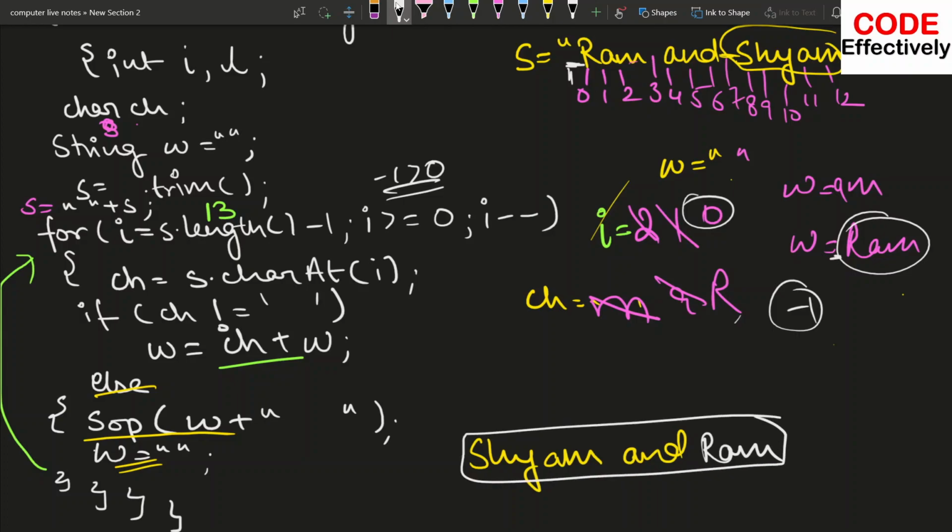So just remember, you need to add one more space at the beginning of the string, so that when we go from right to left, we encounter a space and then display the word we have got. Here we displayed a word when we got a space, and moving from right to left we got another space, Ram's space before R, which we added intentionally so that we can get the word "Ram". It is just a shifting of indexes, so the length will now be 14, and 14 minus 1 gives 13. Simple. One indexing will be shifted.